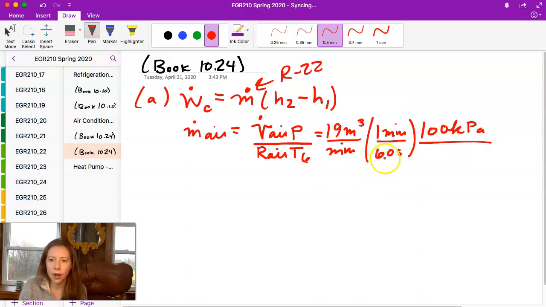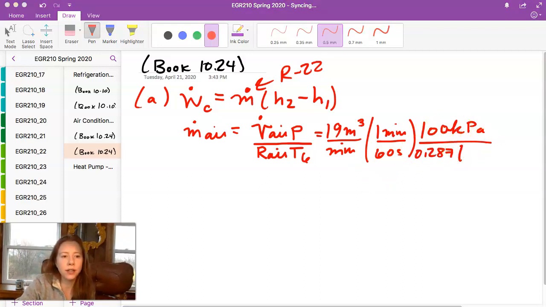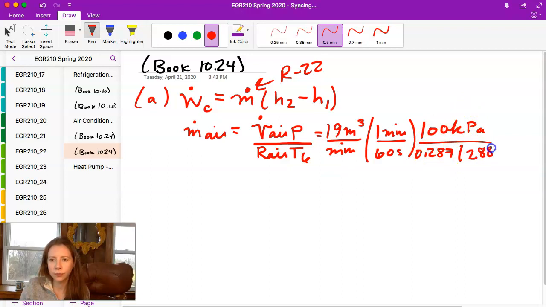And we divide by the gas constant for air, 0.287, and 15 degrees Celsius, which is 288.15 Kelvin. Okay, and so we get a mass flow rate for air of 0.383